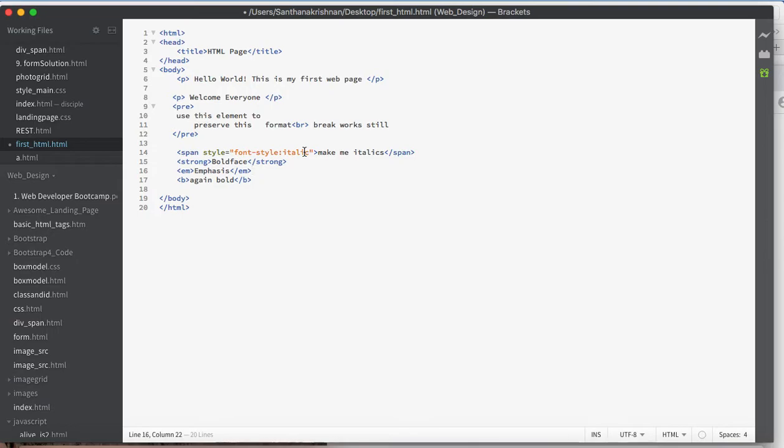Okay, this is one way of styling the text, and this is using the phrase element, as I said, strong, emphasis, which is more semantic than bold, italic. So that's what we are saying, the phrase elements are more semantic. Whatever is enclosed within the strong HTML element will be turned into boldface, and emphasis will be turned into italics. And this is again using the font style element, and these two are phrase elements, and this is about styling the text content using the span element. So here B stands for bold, I stands for italic. So let's have a look at this execution.